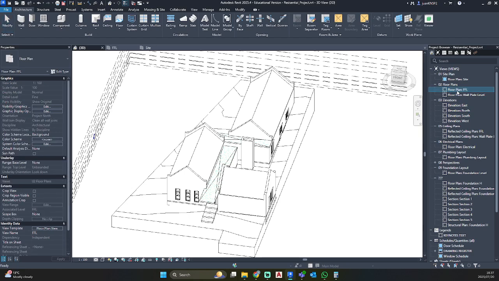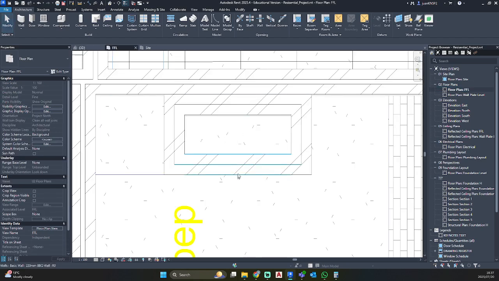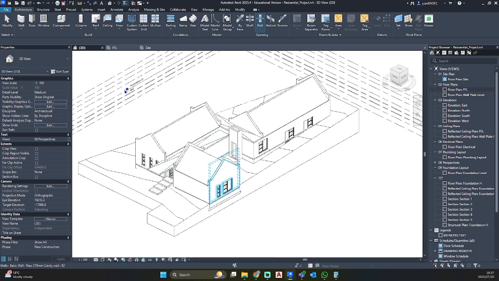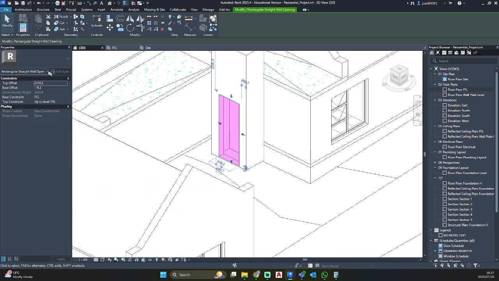So go back to your floor plan. Just want to create an opening over here. So let's go back to our opening wall, click on the wall, click again, and just drag it in. I'm going to edit this in my 3D view. So then our base offset is going to be 800, top constraint unconnected, and that is going to be at 3 meters.